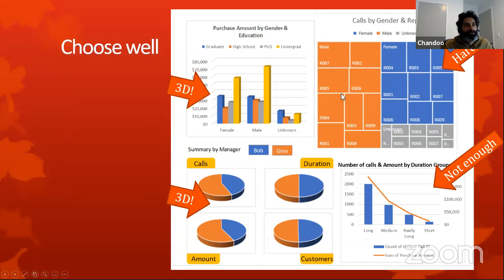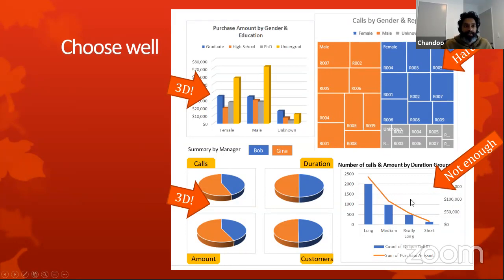For example, if I ask you a question like, is this orange area bigger or smaller than that orange area? We would not be able to come up with any conclusive answer unless you have some sort of supervision, or you have a notion of what those numbers are. So this is why I find this particular chart is a bad way to represent detailed level data. It is a very good chart for understanding gender spread. For example, I can see the orange of male calls and blue female calls, and this gray color with unknown or other gender calls, and immediately get a sense of what's happening at that level. But when I go to representative level, I am clueless with that.